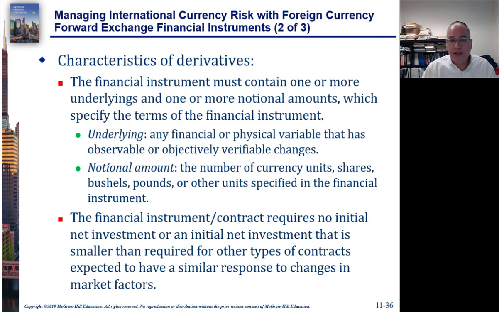So what are some characteristics of a financial instrument? The financial instrument must contain one or more underlyings or one or more notional amounts, which specify the terms of the financial instrument. And let's talk about what those things are. An underlying is a financial or physical variable that has observable or objectively verifiable changes. And a notional amount is the amount of currency units, shares, bushels, pounds, or other units specified in the financial instrument. So let me translate this into English for a second and help give you an idea of why you